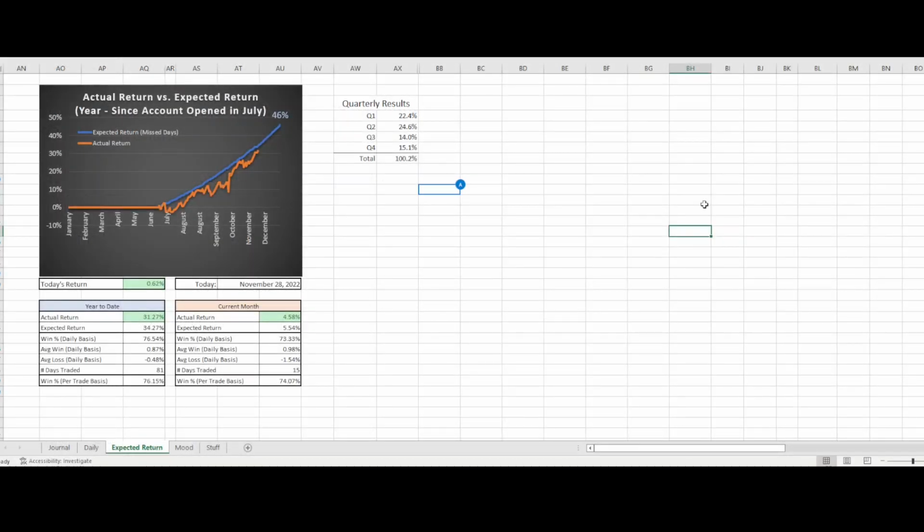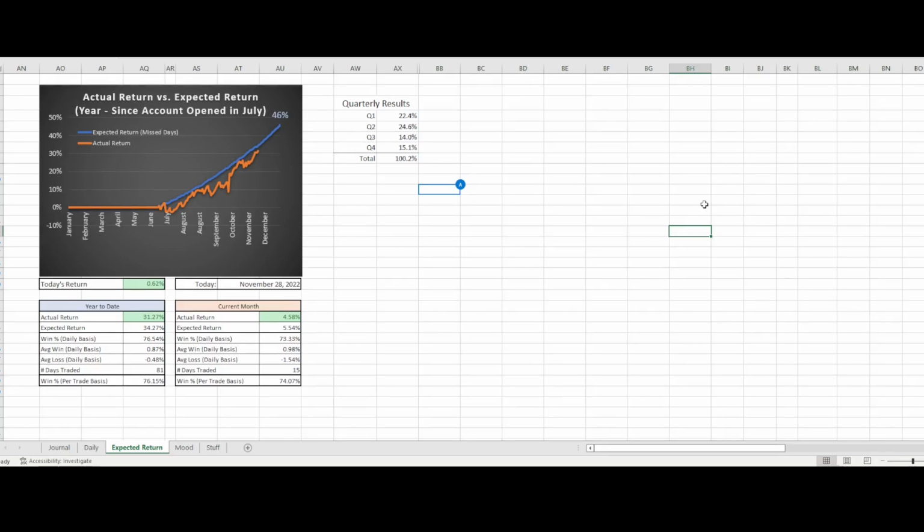Now, as you know, the first 2 quarters of the year were actually traded with my personal account, and you can go watch my previous videos on YouTube for a very thorough and detailed recap of the first half of this year. Then, in July of this year, I opened the Down to Trade room to the public and opened the new dedicated trading account and this journal, which you can see here.